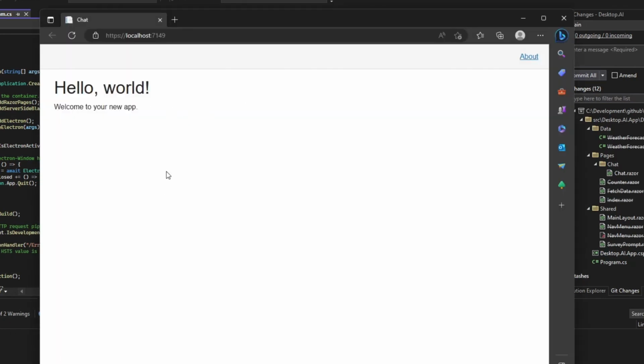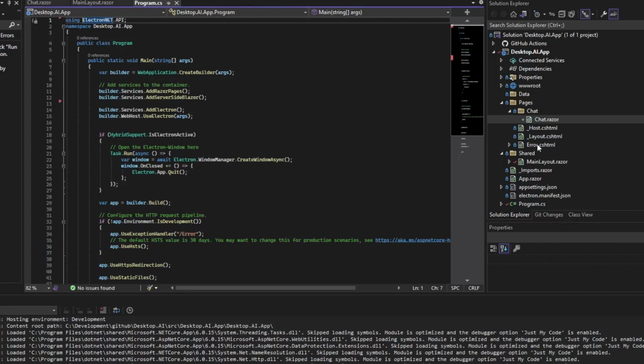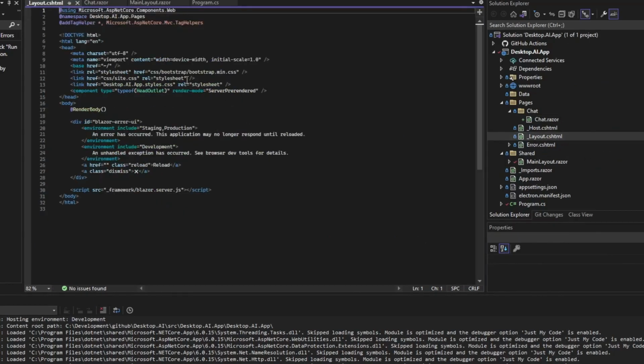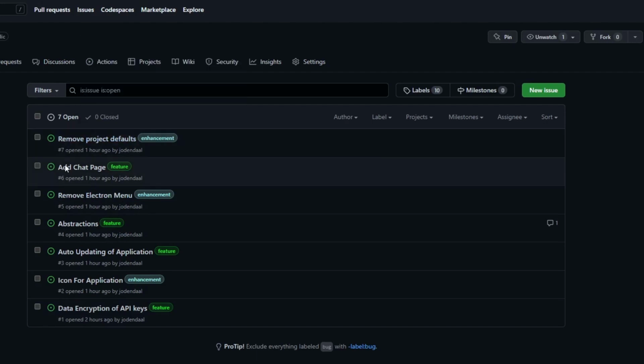Okay, perfect. So that's loaded up and it's gone straight to the index. That's perfect. I think what we would do as well is just get rid of this nav bar at the top here. Is that in the layout? I think it might just be in... Yeah, let's just get rid of that. Alright, perfect. The other thing we wanted to do, so that was item 1 on the agenda, was just remove